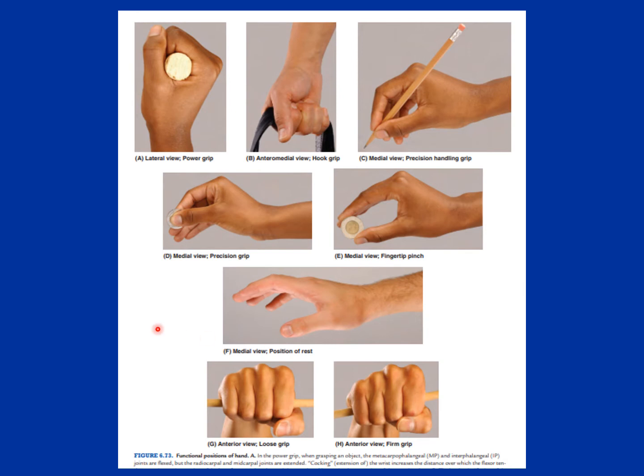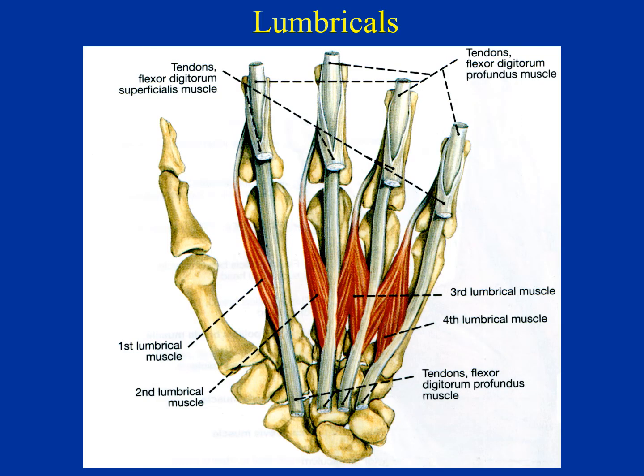And this is the position of the hand at rest, and then you can see the difference between the loose grip as well as the firm grip. So these are the different positions of the hand. What we have seen are the long flexor tendons, superficial as well as deep. If we remove the superficial long flexor tendons, which are coming across from all the way here, now we can see deeply the other tendons, which are known as